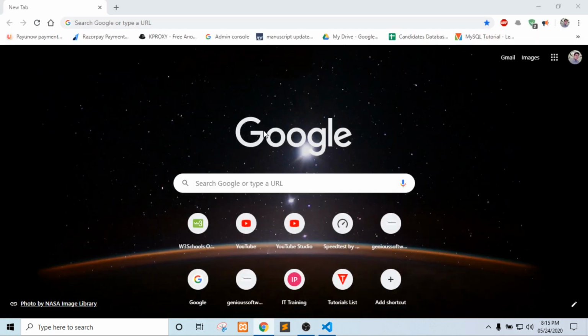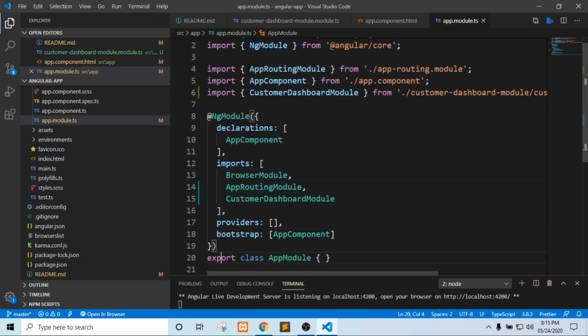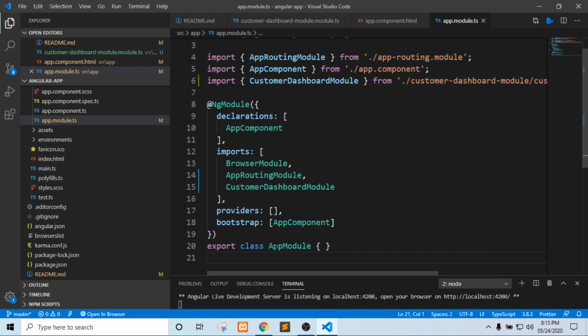It is basically telling us that this export class is AppModule. Our class name is AppModule, so AppModule is our root module or ng module, as we can call it.